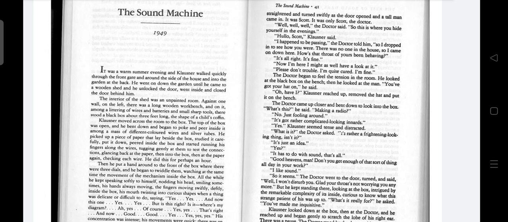All right. Klonza moved across the room to the box. The top of the box was open, and he bent down and began to poke and peer inside it among a mass of different colored wires and silver tubes.